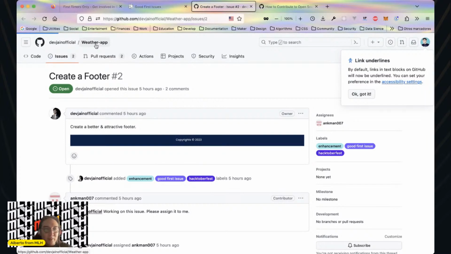we can see this is a global weather app with a good README. They even give screenshots of this. It has a contributing section, and this is very important. Contributors are welcome. If you find any issues or have suggestions for improvements, feel free to open an issue or create a pull request. So, yeah, it meets the definition of open source.